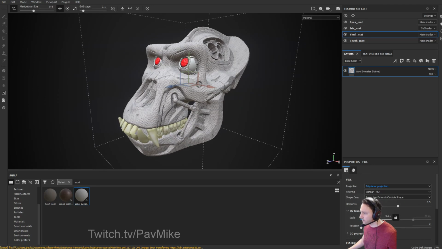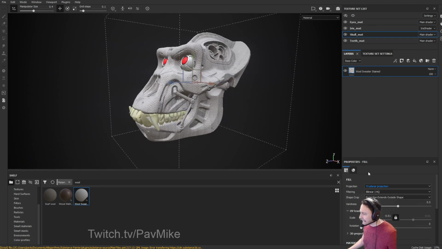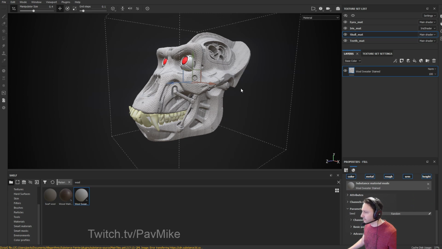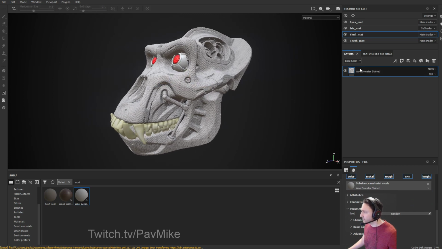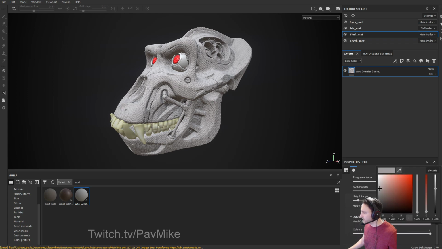There we go. So now we have a nice fabric skull. And as far as painting, if you're talking about changing the color information, this contains color, metal, height, roughness, and normal map, and sometimes under these basic parameters you can go through here and change, okay, the wool color, you can change it to whatever you want. But if you just want it to be a beige